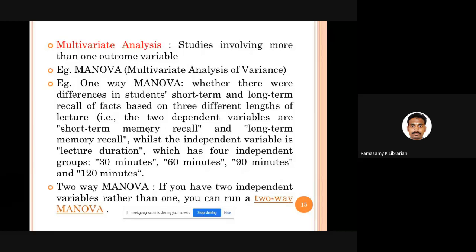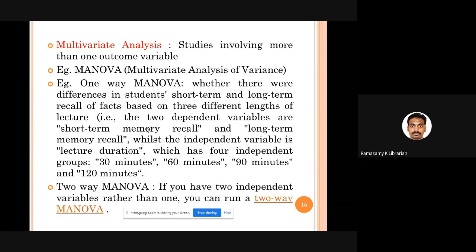In the case of two-way MANOVA, you are studying the effect of 2 independent variables on 2 dependent variables. So you are increasing the number of independent variables to 2. Lecture duration is one, and hours of revision time is the other, on 2 dependent variables: short-term memory recall and long-term memory recall. Then that becomes two-way MANOVA.